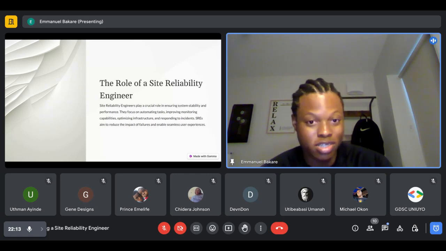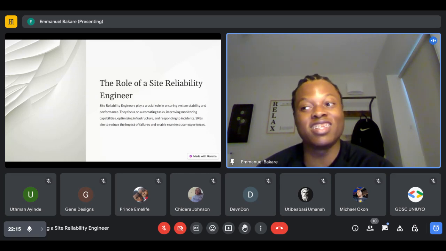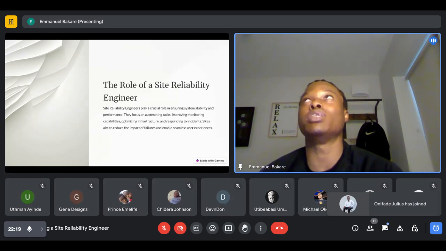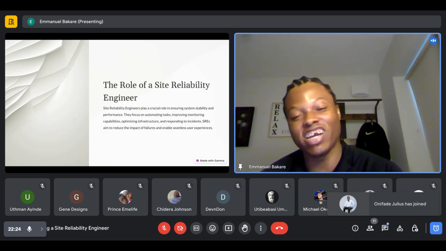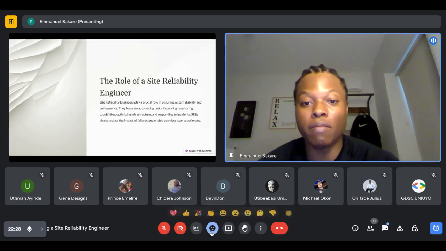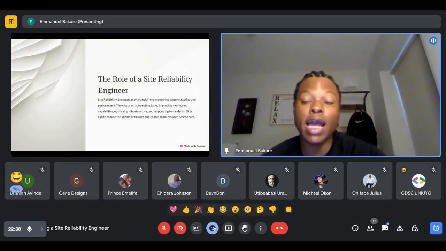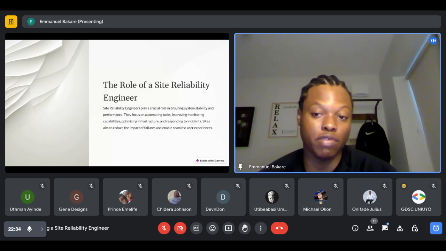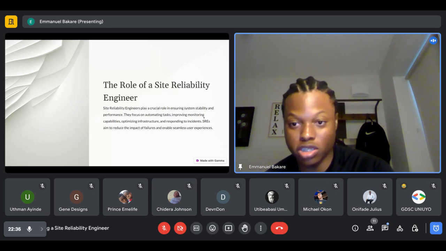And in AWS, there have been a lot of mistakes. Even I once made a mistake that took down CloudWatch for about 5 minutes. It came back up, but it was a very weird mistake. And usually when that happens, what the SREs do is incident recovery. That's this responding to incidents.